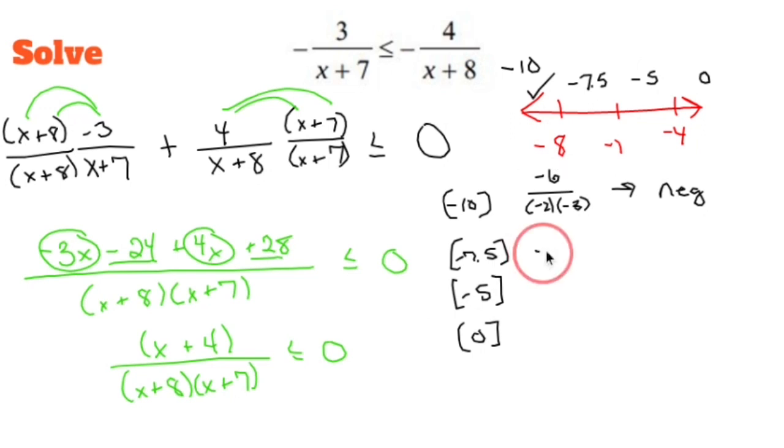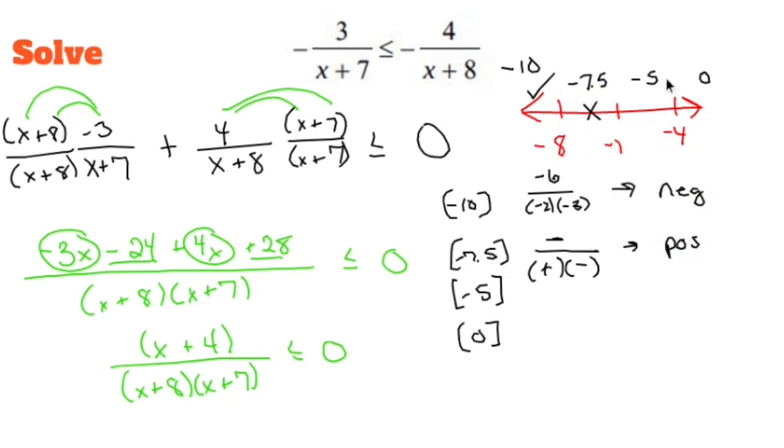If I plug in negative 7.5 on the top, that gets me a negative. Let's do it this way because I really don't care about what numbers I get. I care about what kind of numbers I get. So I get a negative if I plug in negative 7.5. If I plug in negative 7.5 here, I get a positive. And if I plug in negative 7.5 here, I get a negative. So this negative over negative is going to be positive, which means I don't want the numbers between negative 8